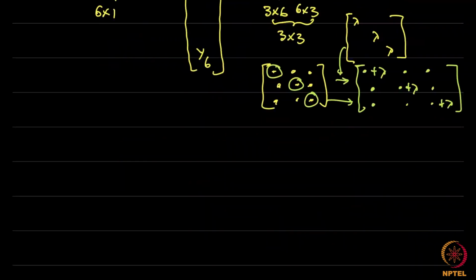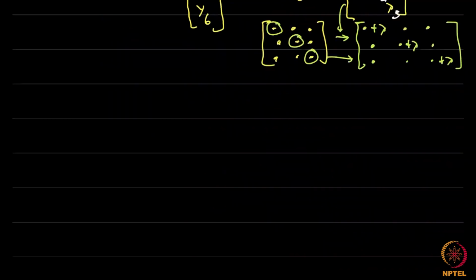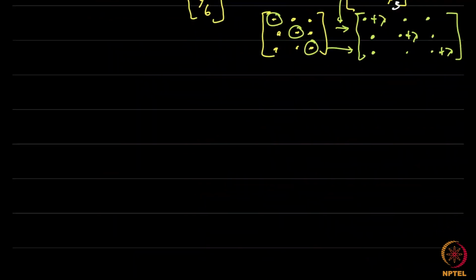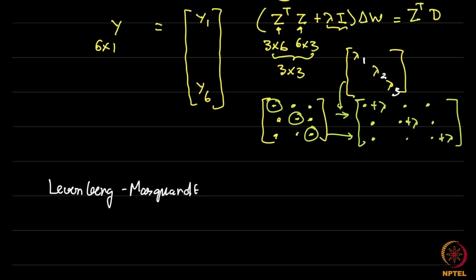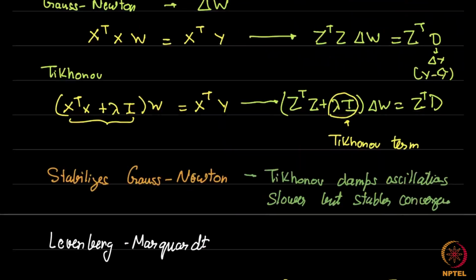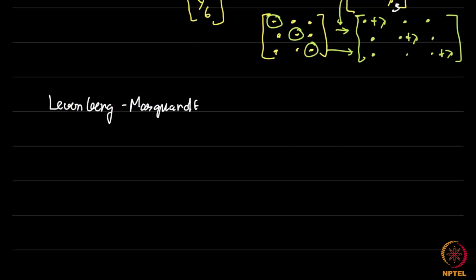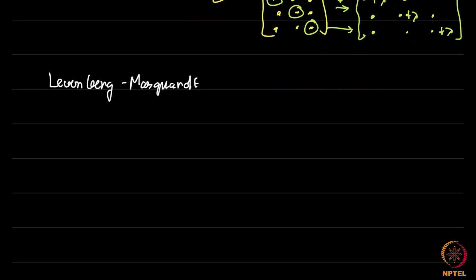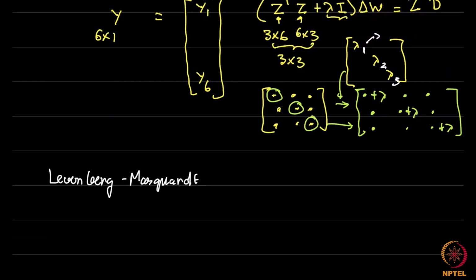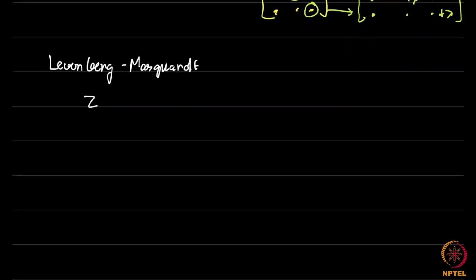Now, the question you can ask in Levenberg-Marquardt is, why not have these 3 lambdas as different? Lambda 1, lambda 2, lambda 3. So the way Levenberg-Marquardt works is, I'll show you a different justification shortly, but let's look at the first justification. Levenberg-Marquardt is, I don't want this modification term to just have constant terms. I'm going to have slightly different terms. Now, this will be trouble because now you have to play with 3 hyperparameters. I have to decide on lambda 1, lambda 2, lambda 3. Over time, what they found out was, let's say if Z transpose Z